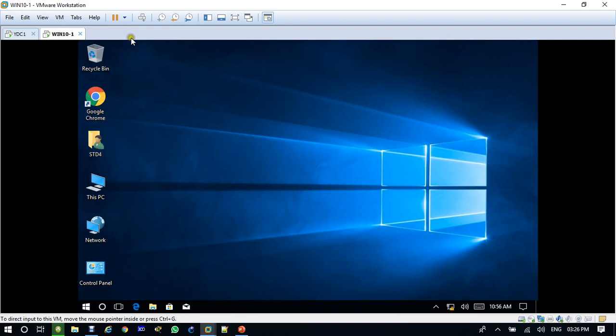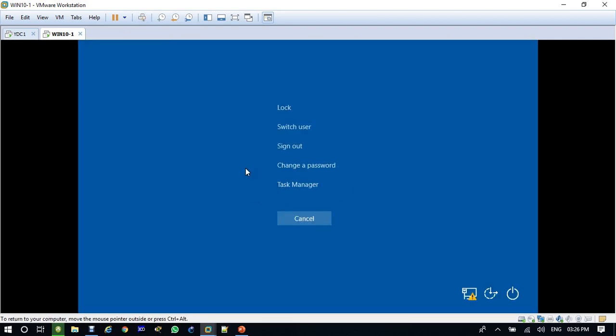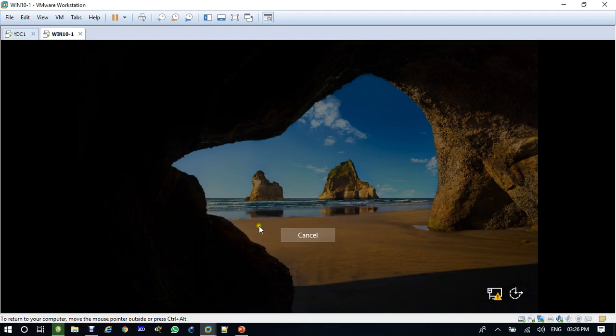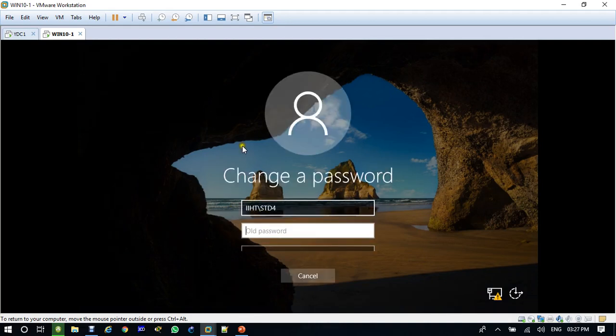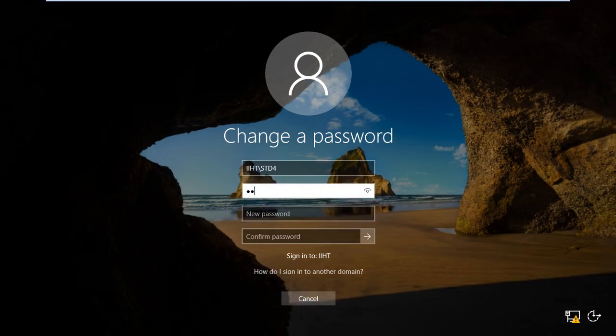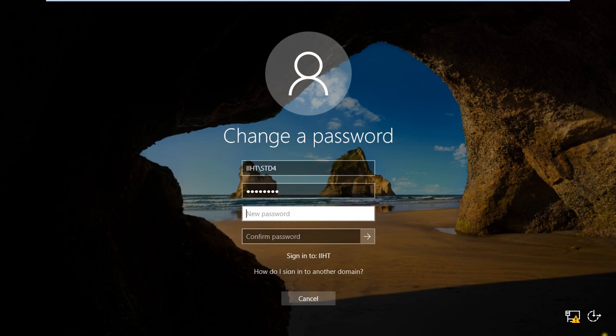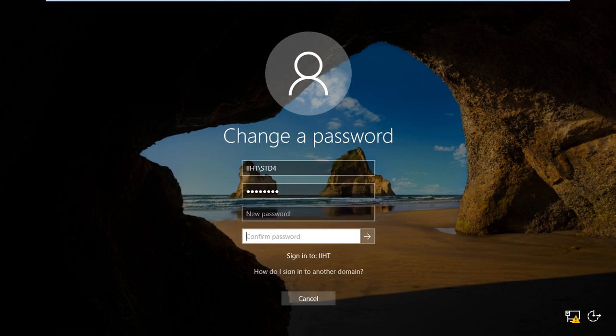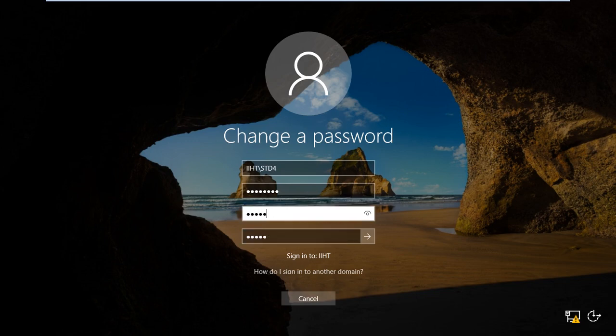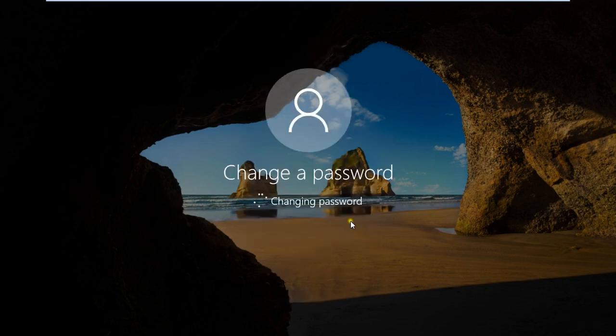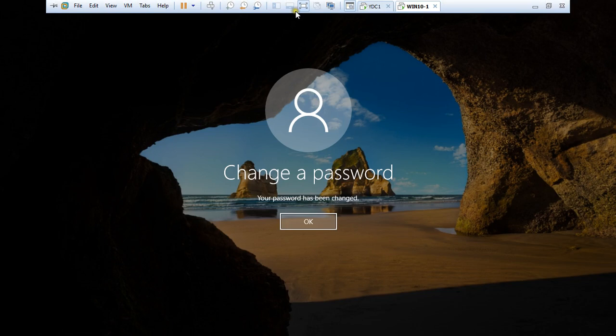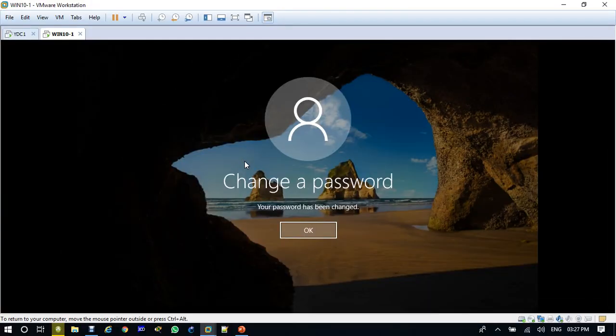Okay, now when this student 4 is trying to change the password, what is his old password? Old password was 123 at IIHT. New password he is putting is 12345, and now when he clicks OK, he is able to change the password. But according to me, what is the problem here?